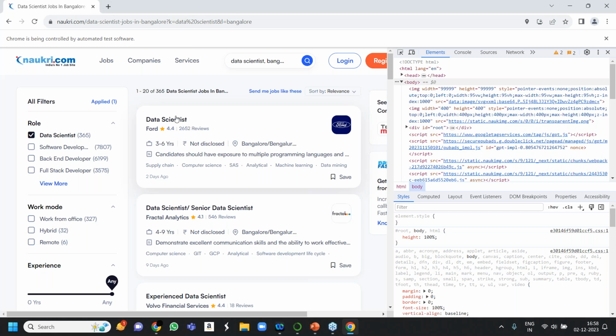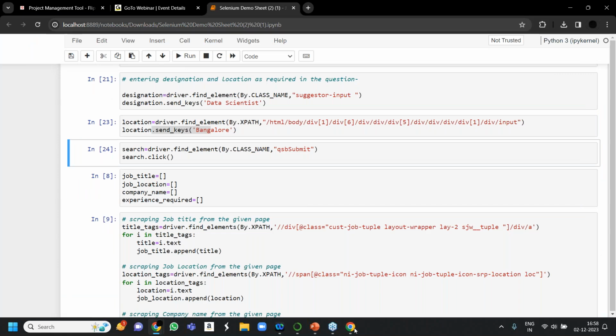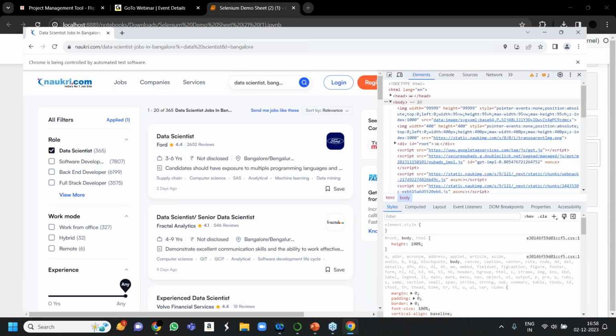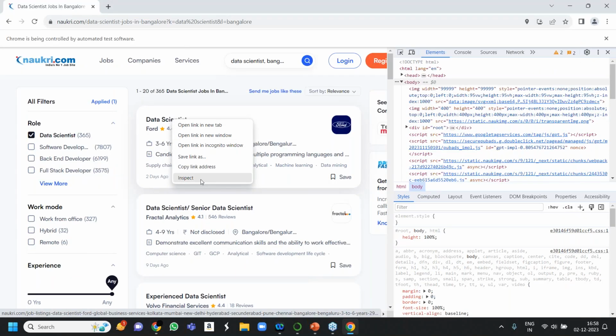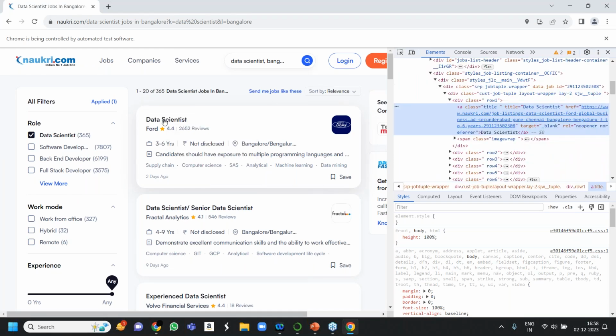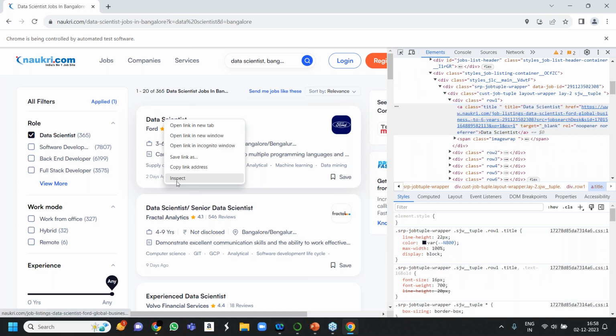Now you know the problem statement. I want the job title, company name, location, and posted time. Okay, tell me, if I want job titles, which XPath should I use and why?